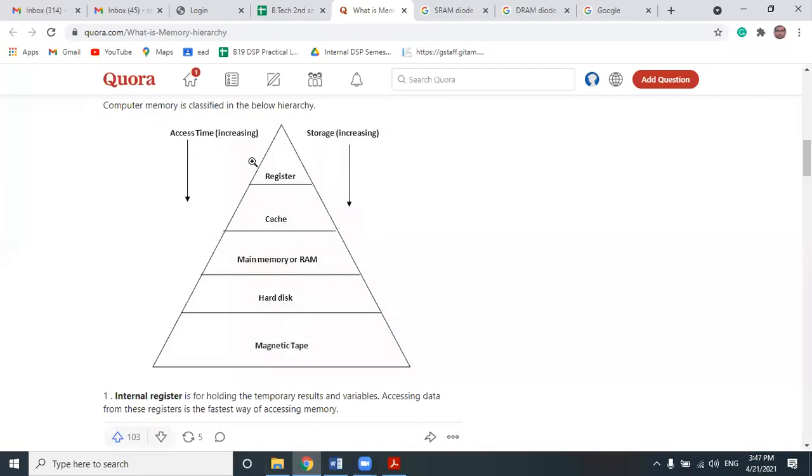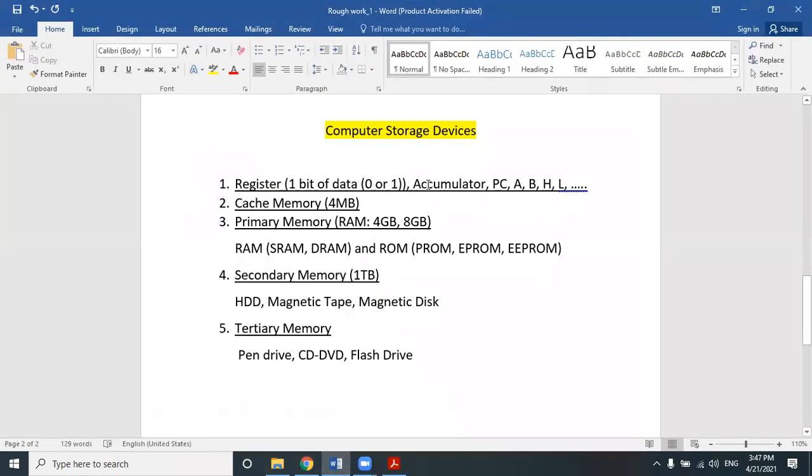The first discussion is the register, which I already discussed. I have already given some examples of registers. You should remember the examples of the register, because in the examination you have to give some examples. If you don't know about the work of the register, it is fine, it doesn't matter. But you have to know some basic examples of registers. Then comes the next memory of the pyramidal structure, that is the cache memory.